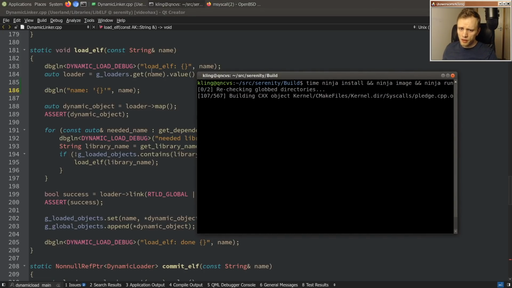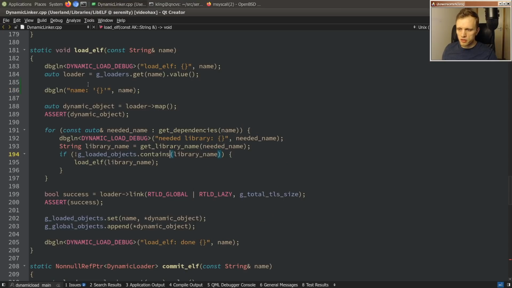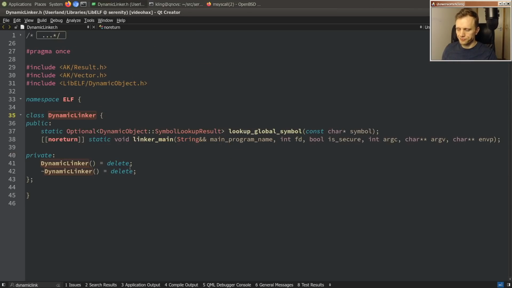But essentially, when we're mapping libc into the new process address space, then we're just gonna make a note of where we put it. Dynamic linker. So I think we'll do something like